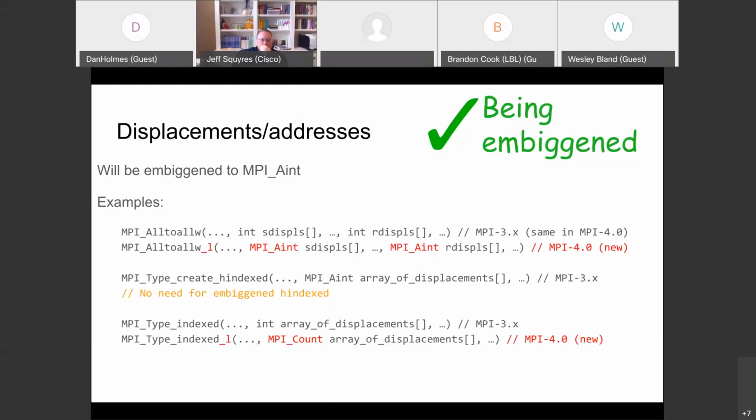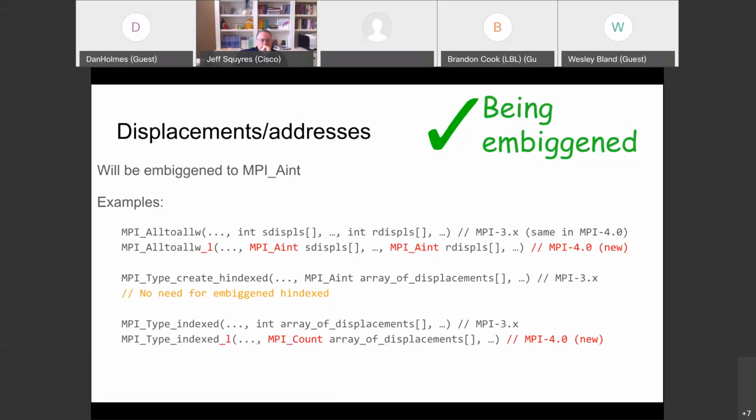But this one does exactly the same job, except that the array of displacements is provided as an array of MPI_AINTs instead of just an array of ints. So the embiggerment to cope with memory addresses and memory displacements has already been done. There is a separate function already in MPI, with a completely different name, with hindexed. So part of our job is already done.